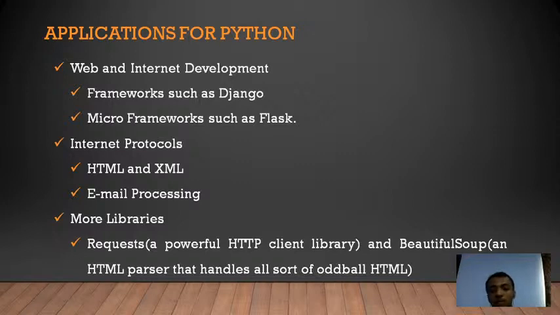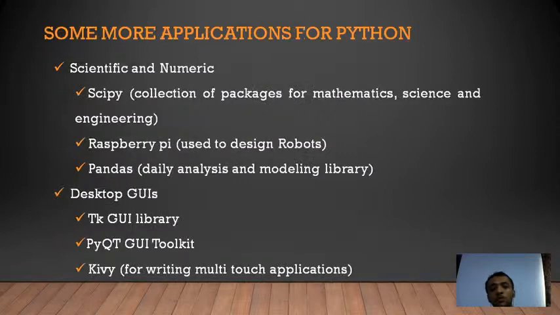There are some more libraries, which is Requests. It is a powerful HTTP client library which is used for HTTP, which is hypertext transfer protocol. Now Beautiful Soup, it is an HTML parser that handles all sorts of oddball HTML, which is a different topic. We can use SciPy, which is a collection of packages for mathematics, science and engineering, which is also used in machine learning also,